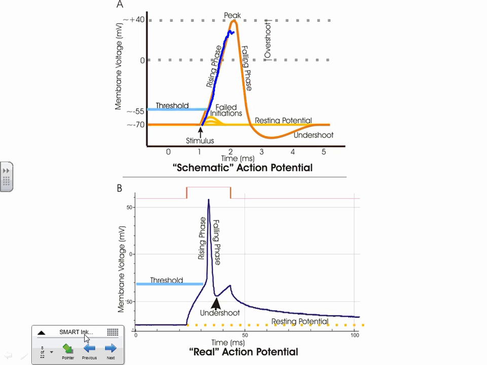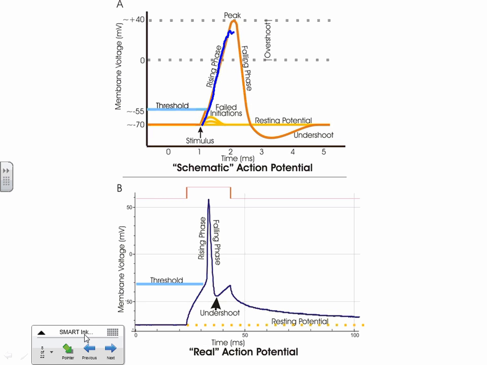Now, the cool thing about this is let's say this is one node, and then we got a little gap in our myelin, and then we got another node over here somewhere. When the voltage over here gets to a certain level, what does it cause to happen at that next node? It causes the sodium channels over there to open because they're gated by what? Voltage gated, and they open up based on charge. So that's how it jumps from node to node. When the charge here gets to a certain level, it causes the sodium gates over here to open. And eventually this will cause the sodium gates in the other place to open.